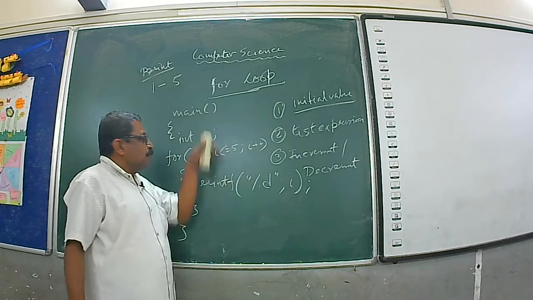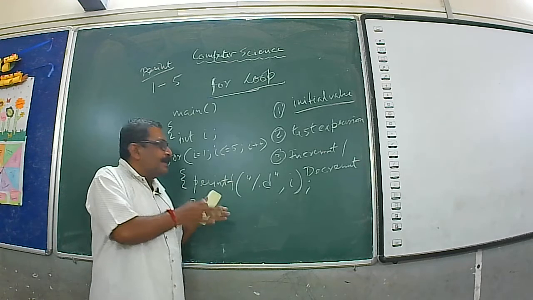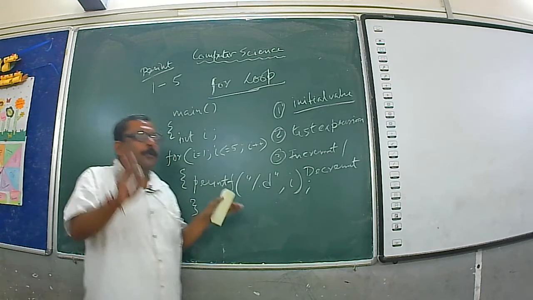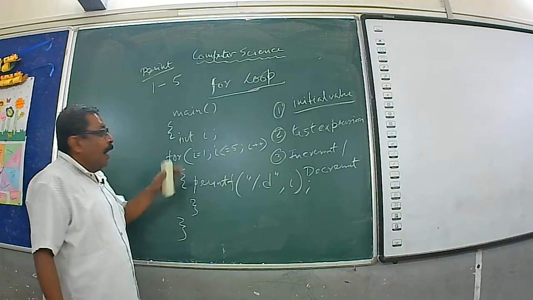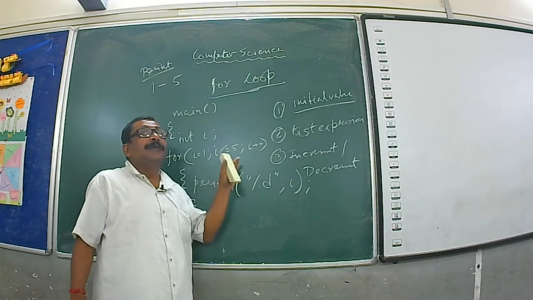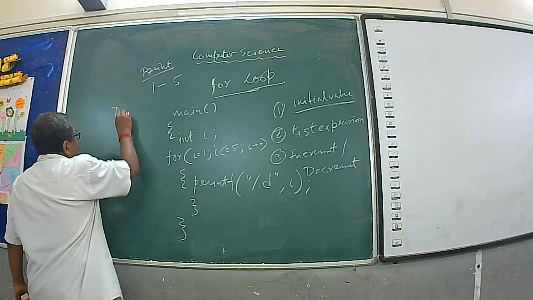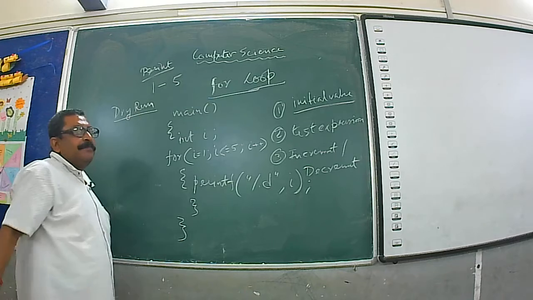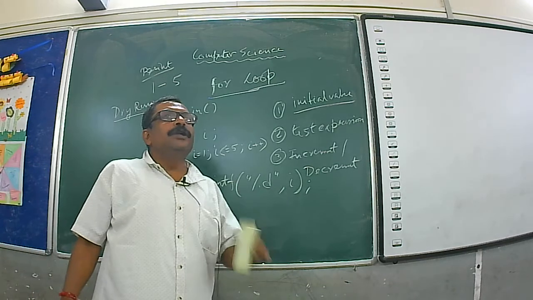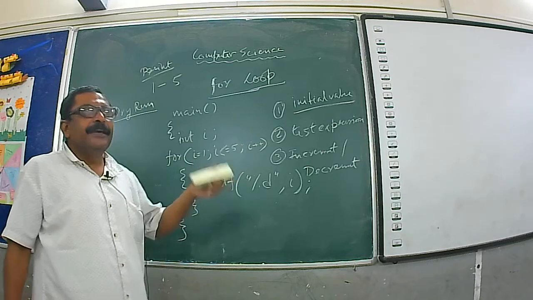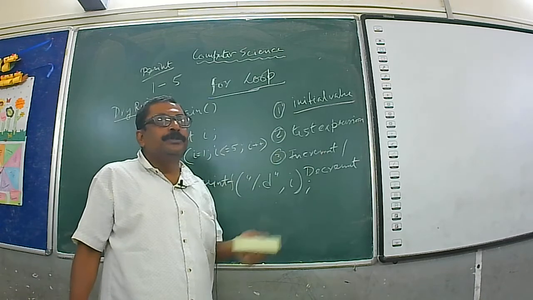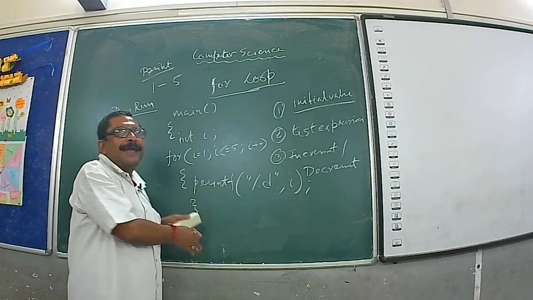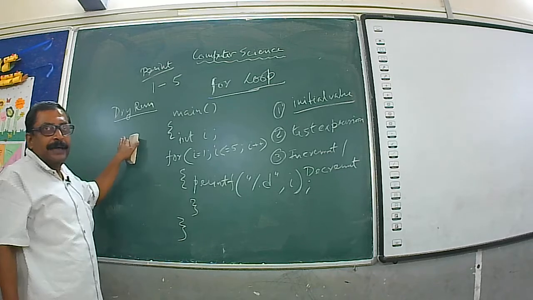Now, in this program, let's go for the dry test. Once you understand the concept of the for loop, you can write any sort of program. Another term used is dry run. Dry run means without using a computer. If we want to find out the output, that is called a dry run. Because we have no computer right now, we go through the program line by line and find the output, right?